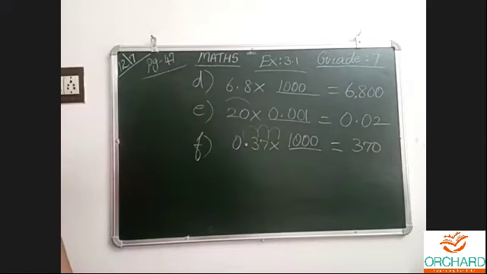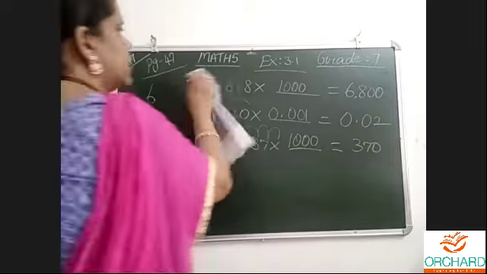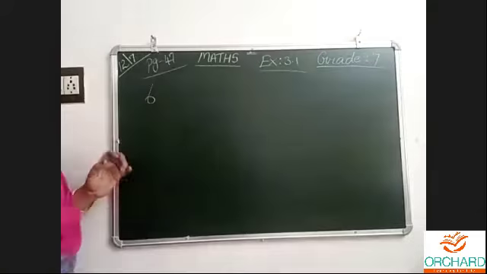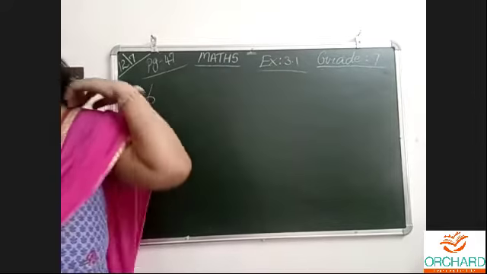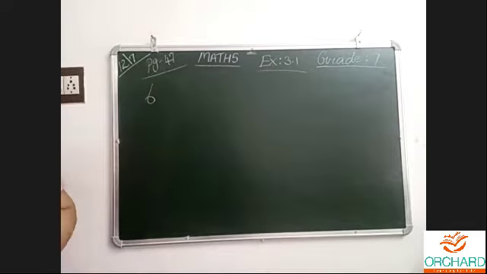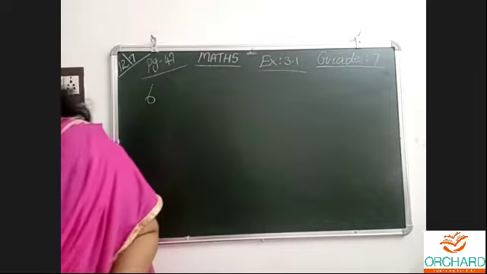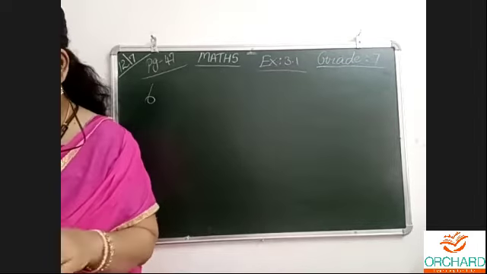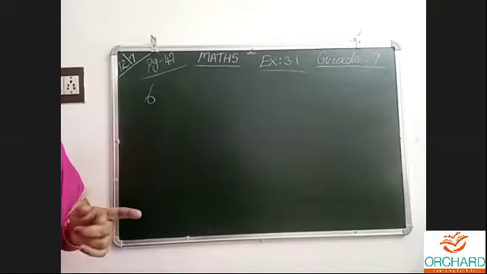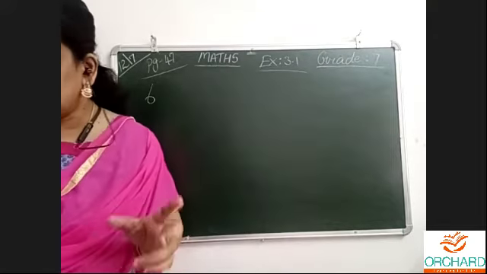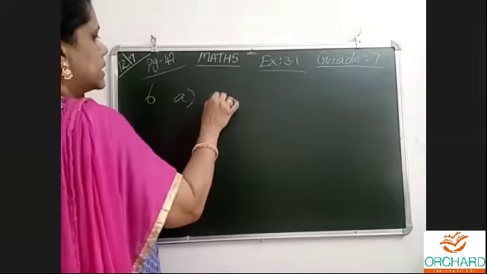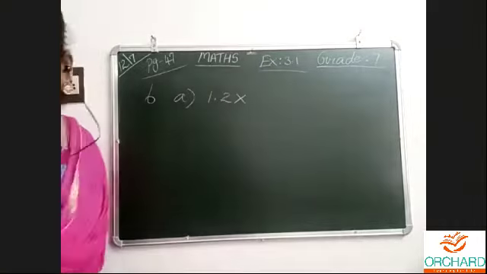Now, question 6, the 6th one actually. I erased. Look at the question in the textbook. Naina did the following. A: 1.2 multiplied by 100 is equal to 1.200. B: 2.5 multiplied by 1000 is 2500. Were her methods valid? Explain your answer. Whether it is correct or not, they are asking. Let us see whether Naina is correct or not.